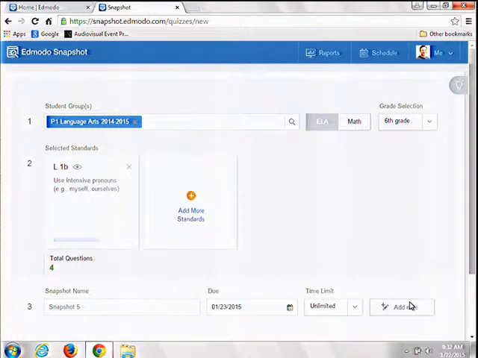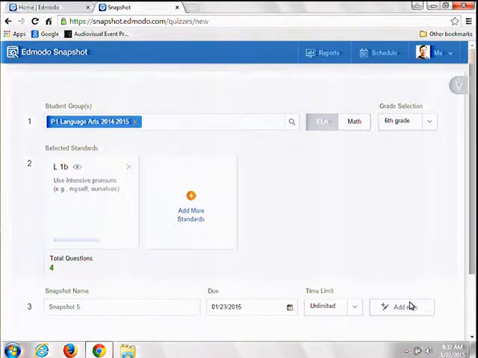Now again, because these are meant to be very, very short cycle assessments, I may only want to assess on that one standard. Most of the teachers who tend to use this, 2 or 3 is kind of the maximum. What Snapshot is going to do for every standard that I select, it is going to go out into the item bank and it is going to pull 4 items for me per standard.